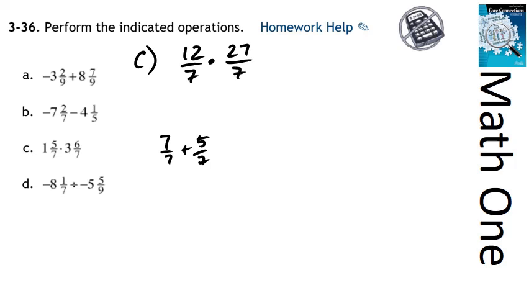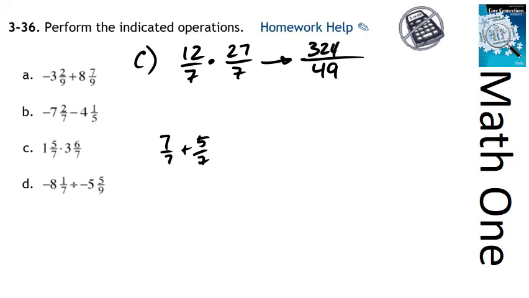So I've got 3 times 7 is 21, and plus 6 is 27 sevens. Well, if I'm going to multiply these fractions, the denominator, 7 times 7, is the number 49, but I'm not liking the numerator. I've got to multiply 12 times 27, and I have the authority of my calculator that is